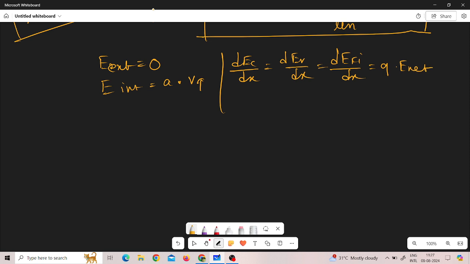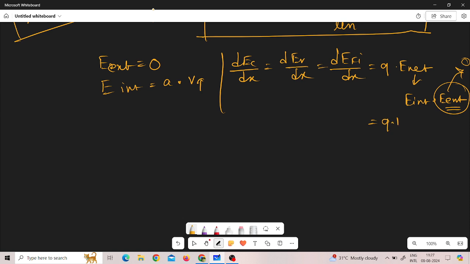E net means total net electric field. E net can be written as E internal plus E external. So in our case there is no external electric field, this term is 0, only the internal electric field, which is